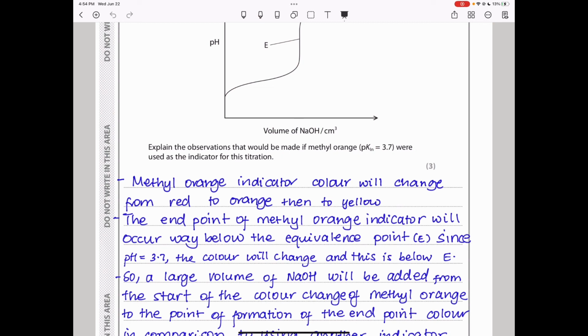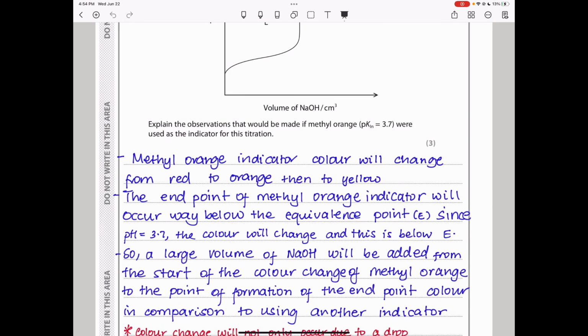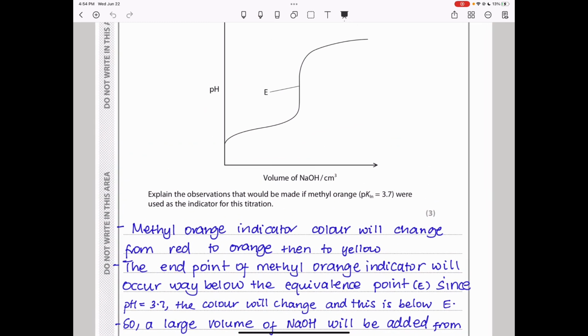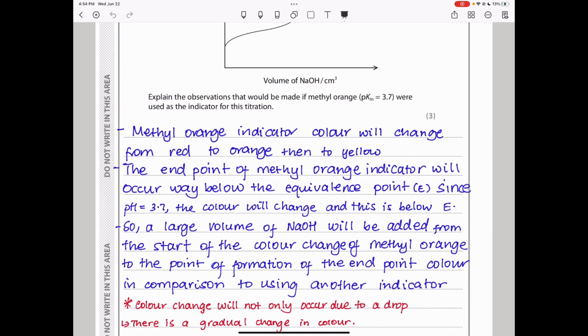So here I said, methyl orange indicator color will change from red to orange, then to yellow. Of course, this is the observation that you'd see. And then the endpoint of methyl orange indicator will occur below the equivalence point, because you can see it's within 3.7. So if this is the equivalence point, the color change is going to occur below that equivalence point, which is 8, since its pKin is 3.7. So we can finally conclude that a large volume of sodium hydroxide will be added from the start of the color change of methyl orange to the point of formation of the endpoint color